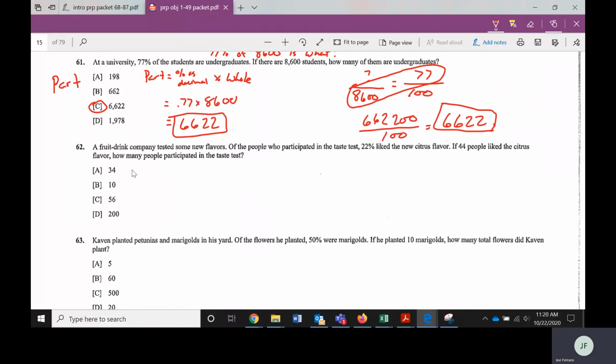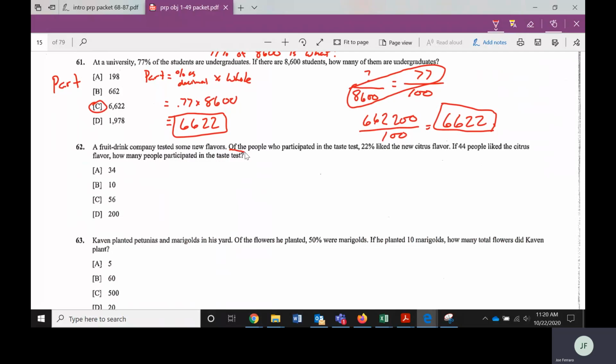62 says a fruit drink company tested some new flavors. Of the people who participated in the taste test, 22% liked the new citrus flavor. If 44 people liked the citrus flavor, how many people participated in the taste test? So one key sentence here,